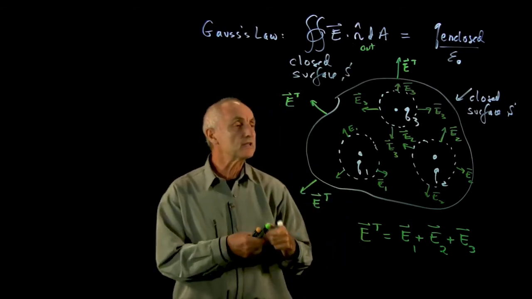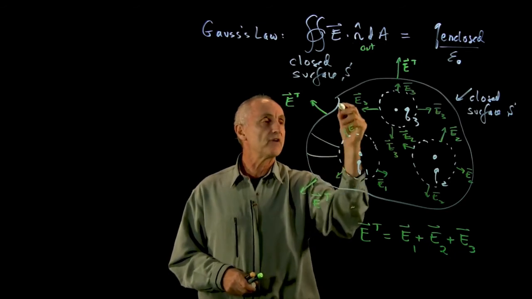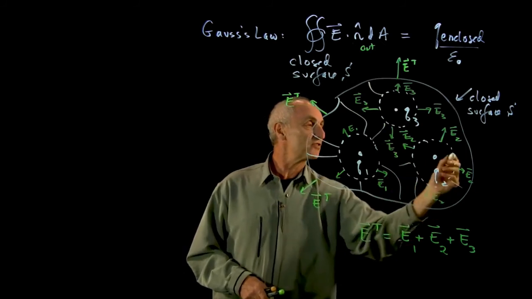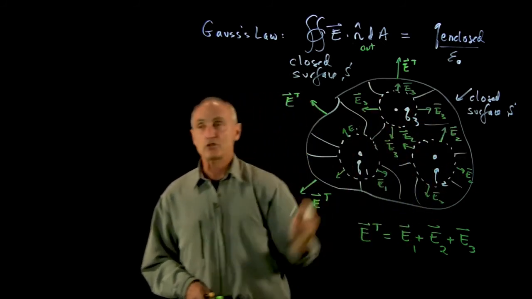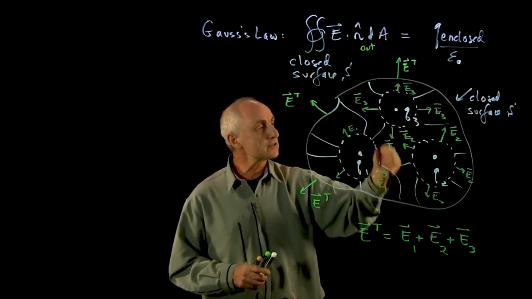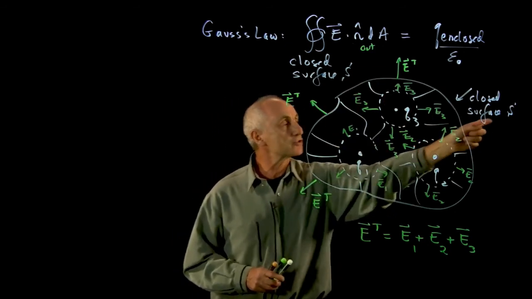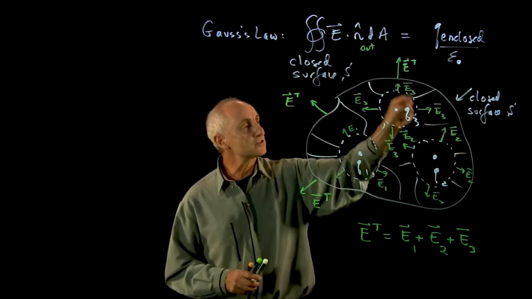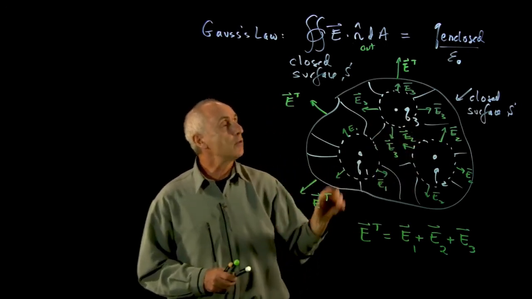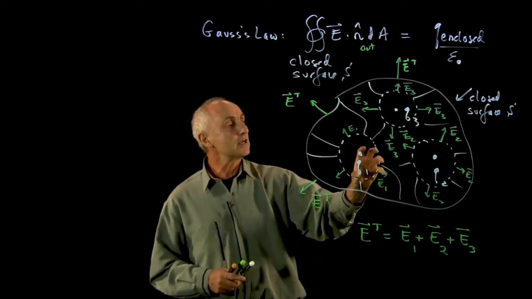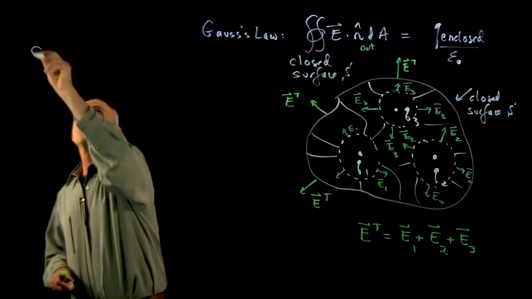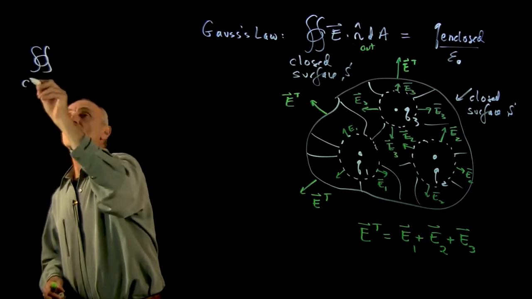And as we did before, let's just consider this very complicated closed surface that has spherical holes cut into it wherever the charges are. And we know that there's no charge in this complicated surface that has an inner and an outer surface. The outer surface is the one we want. The inner one consists of these 3 spheres, so it has 3 holes. It's unusual topology. And what we know is that the flux that enters into this surface is equal to the flux out. So we have the statement that the flux through the closed surface S,